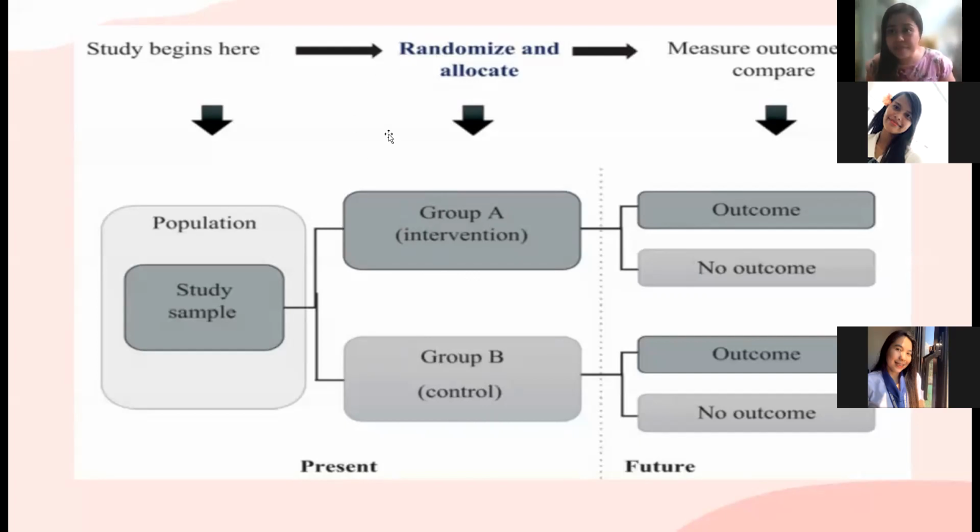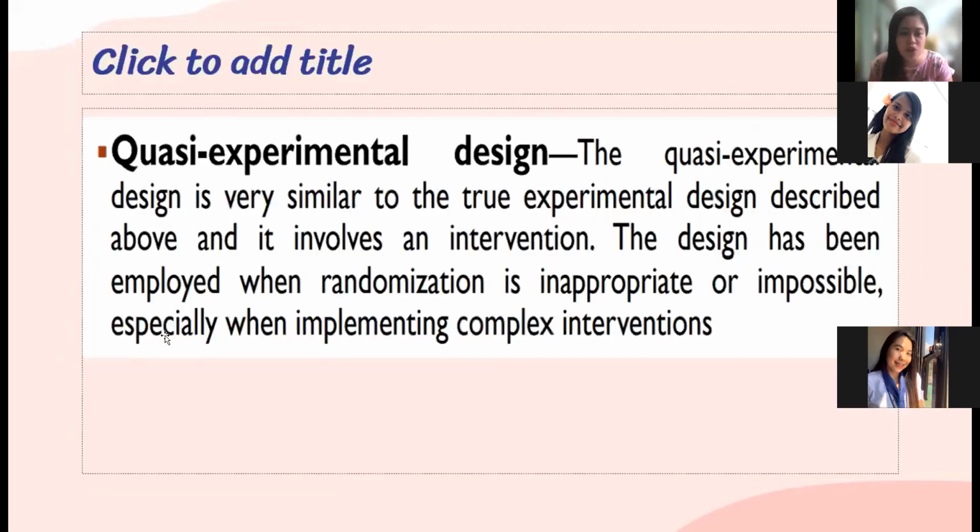So we can do fishbowl method or lottery method. So kung kinsay mabunot, mo-ani ang nasa group A, kaning sunod mo-ani mabunot sa group B, pero all of them actually has equal chance kay nasa sila sa sulod sa fishbowl. Okay? That is experimental. Pero paano, ma'am, paano kung walay randomization? We call it